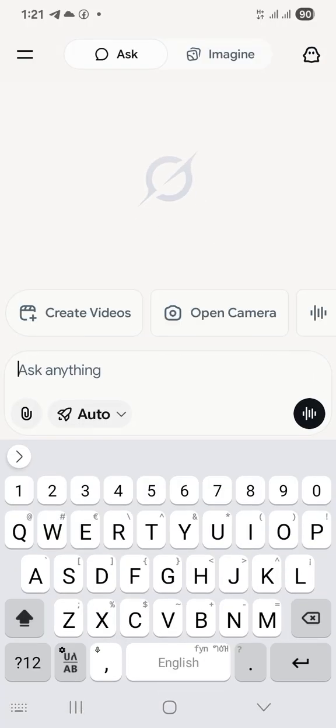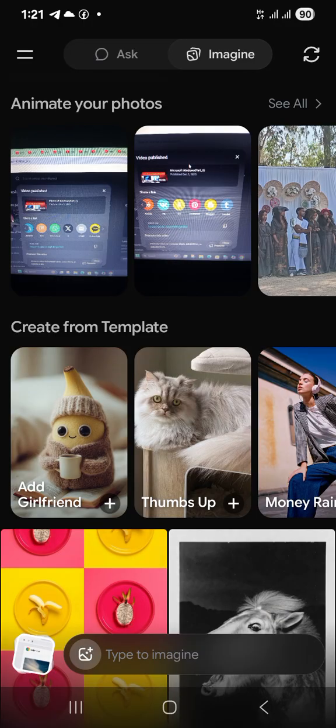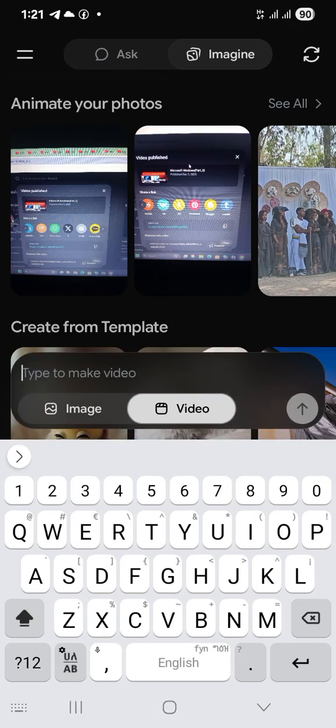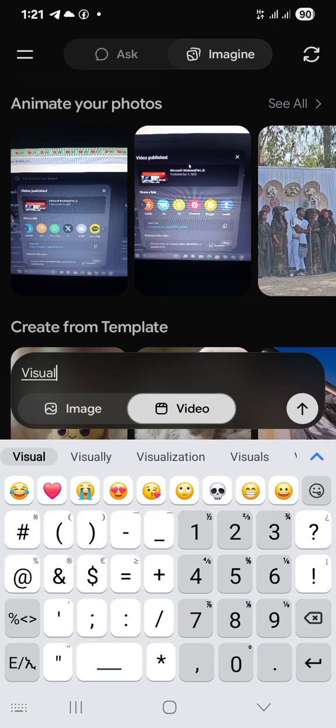Just type in the window. I want to create a video. Then it says type to imagine. Let me type it. I will give this command: visual colon, then space.